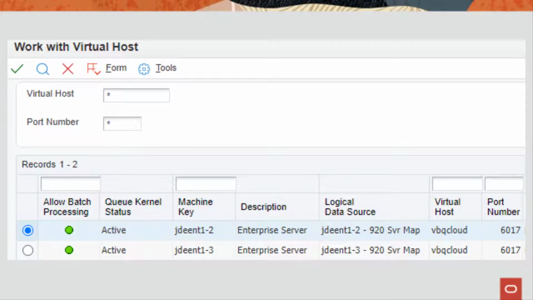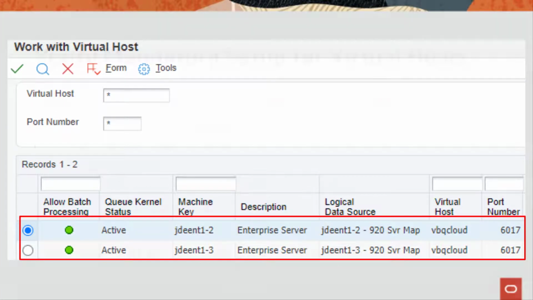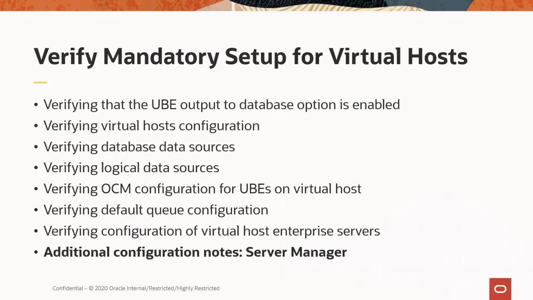You have now confirmed that the enterprise servers are functional and available for scheduling jobs. In addition to the above steps, you must also configure hosts that participate in a virtual batch cloud to automatically start the kernels, especially the Q and the XML publisher kernels.